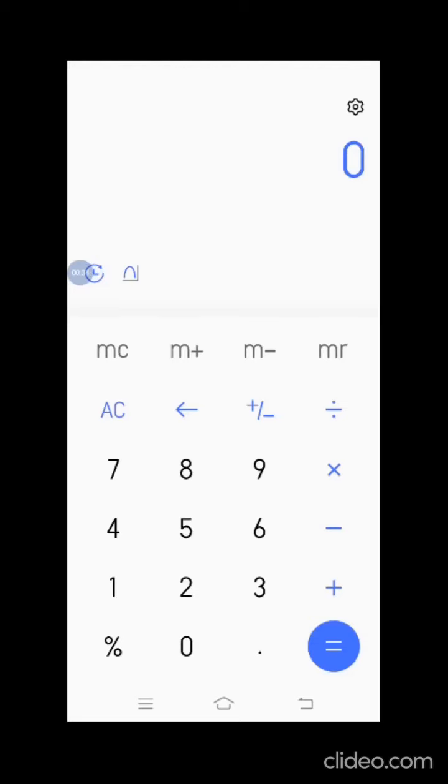I have reset the memory. Now I will click on 2 into 5 and it is 10. Now I will click on the M plus. Now it is stored into the memory. I can clear the contents from the screen.